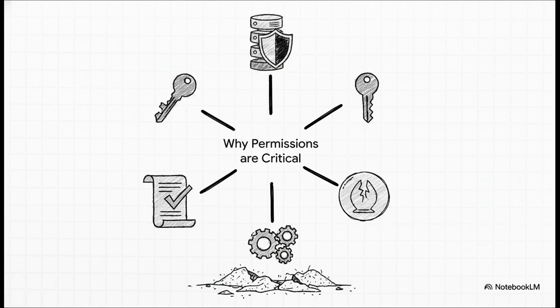This is just so fundamental. Getting permissions right is your absolute first line of defense for production security. It's the core of access control. It dictates who can see what, who can change what. It stops you from accidentally deleting the wrong thing. It helps you meet all those regulatory compliance rules. And maybe most importantly today, it makes safe, reliable automation even possible. Without this solid foundation, your entire system is basically built on quicksand.